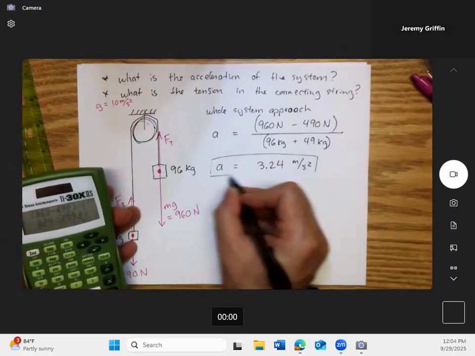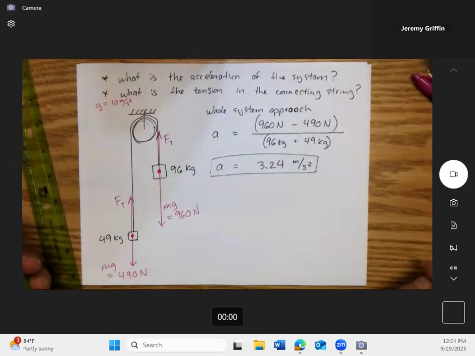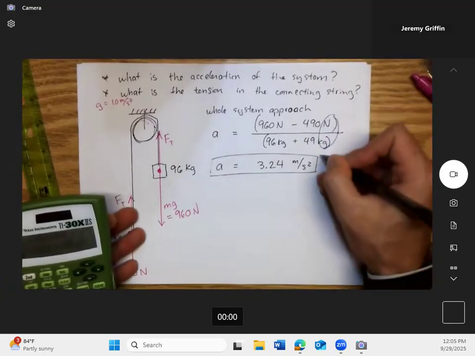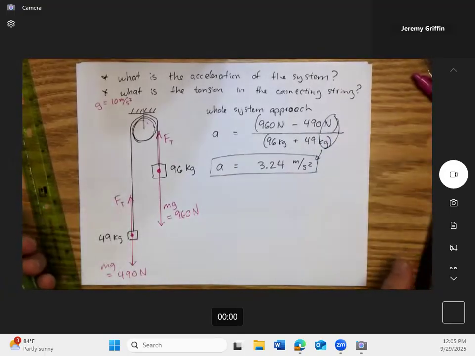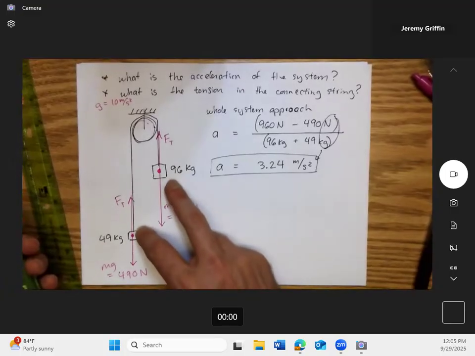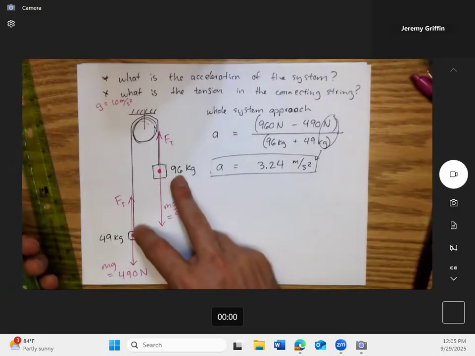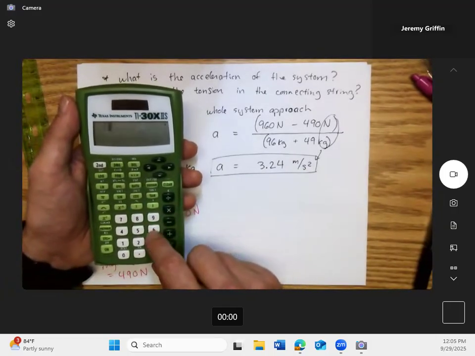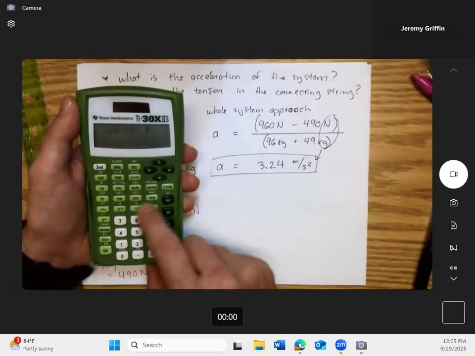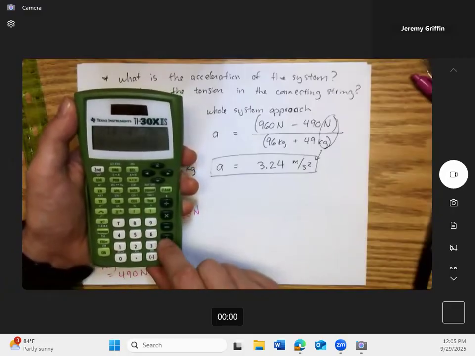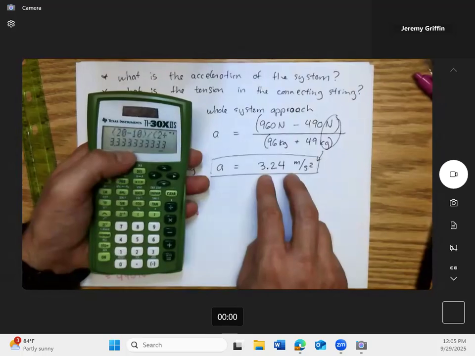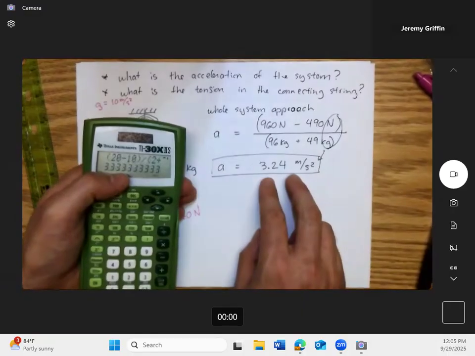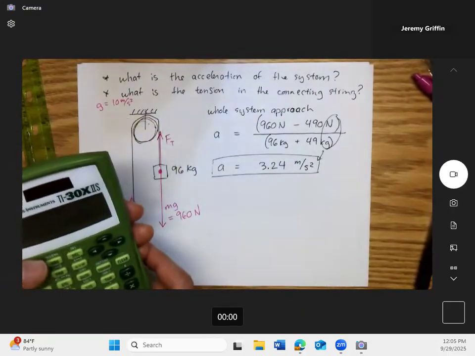Why meters per second squared? Just because that's acceleration. Also, newtons per kilogram gives you the same unit, meters per second squared. Remember, if this was 2 versus 1 kilograms, it should be approximately the same acceleration. So if I do 20 minus 10 all over 2 plus 1, it gives me 3.333. The ratio of the masses is very similar to a 2 to 1 ratio, so the 2 to 1 ratio has almost the same acceleration. A little side thought there.